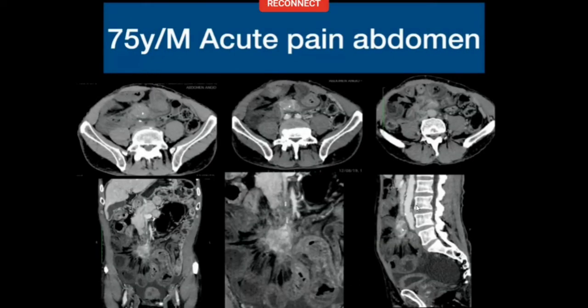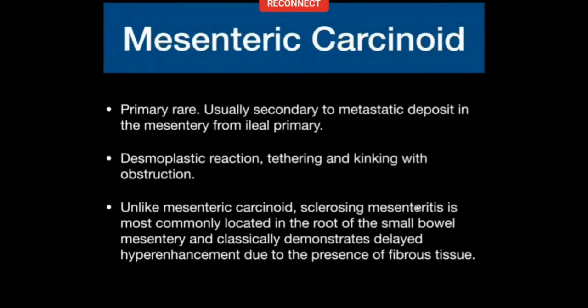This is another type, the more classical carcinoid you guys may see. So there is no lesion in the small bowel in this patient, but what you do see is a mass with calcification within. This calcified mass is causing tethering of the small bowel, and you can see it is extending in a linear fashion along the SMV. So the SMV is getting blocked off. You can't see the distal SMV. The small bowel is edematous, thickened, enhancing less. That is why this patient has acute pain. So sometimes you can get a carcinoid which presents like mesenteric ischemia because it blocks off the vessels.